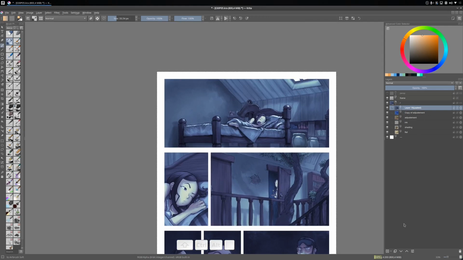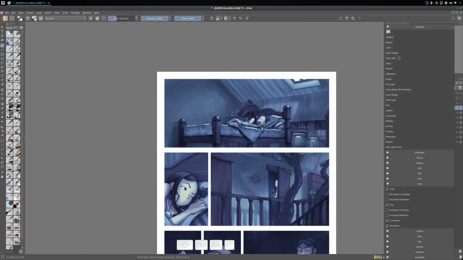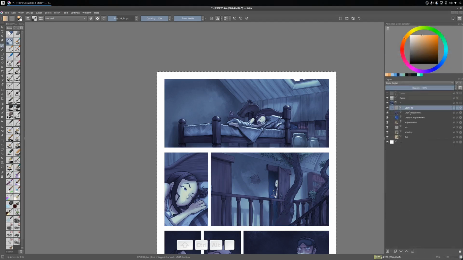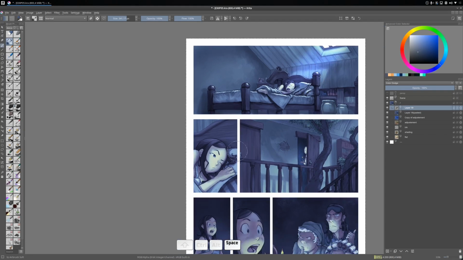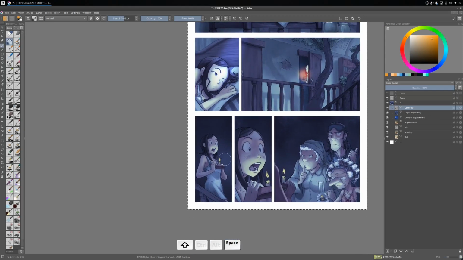And then I think I remember well, but for the comic, I just created a Color Dodge layer on the top, and I painted the highlight this way. So select, for example, an airbrush, and then subtly I made this type of effect for each panel. I do it in a very quick way, so this is not really clean, but just for you to get an idea. And then I worked on all the highlights, like the candle this way,